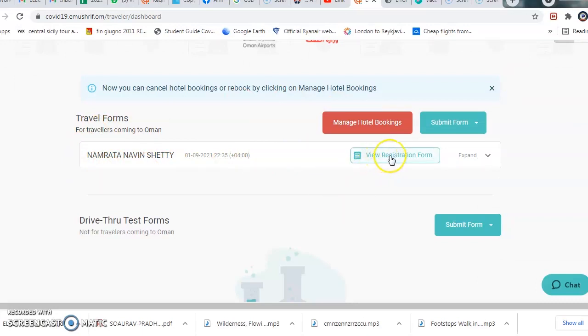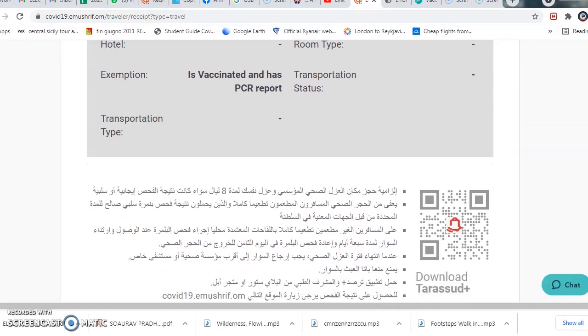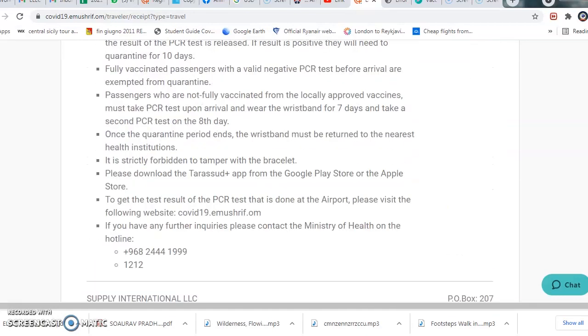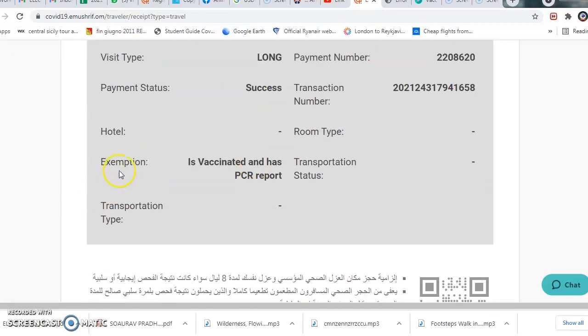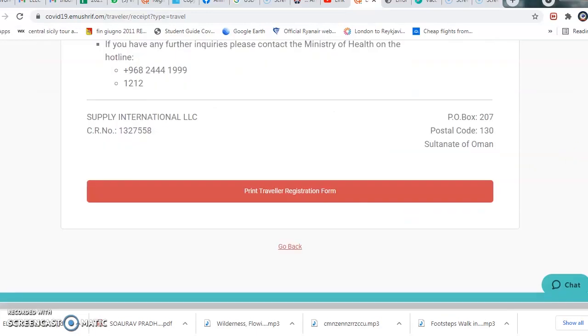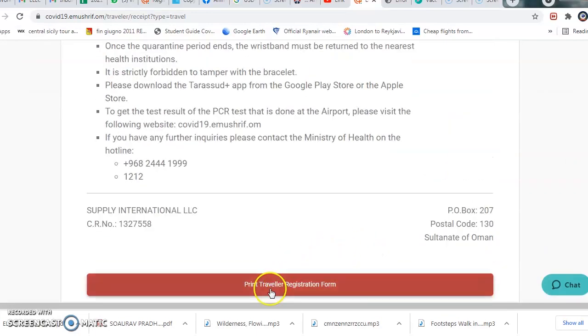and click on view registration form to take a print of the same. On this column exemption, it should read as follows: he is vaccinated and has PCR report. Just print this and carry this with you when traveling to